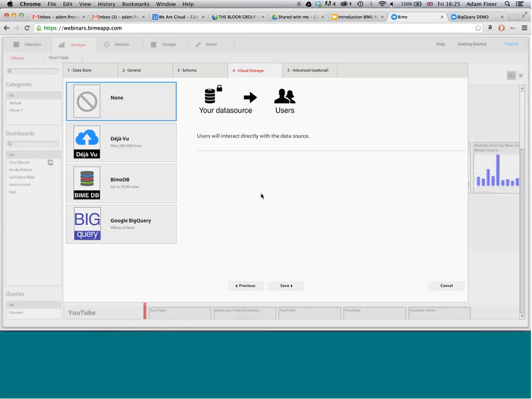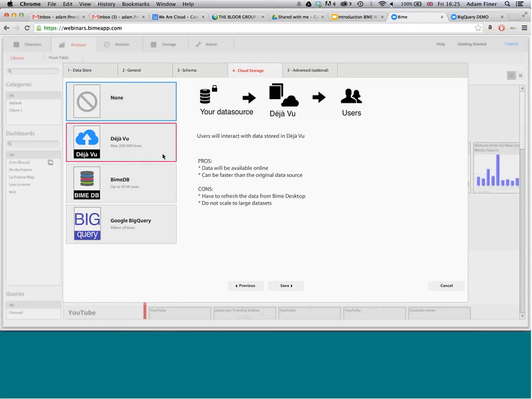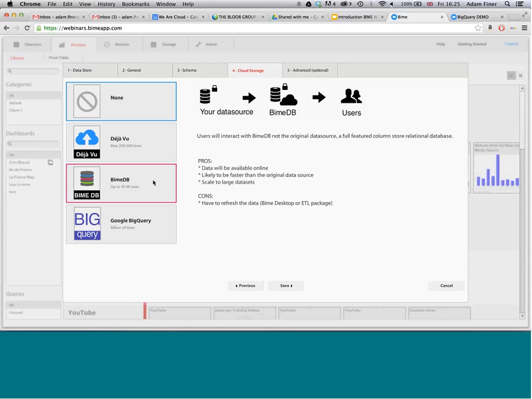If, however, we were working with an Excel spreadsheet based on my computer, for working with that online, I would need to take a snapshot of that data, in which case I'd need to use something like Deja Vu, which can store up to 200,000 rows per data set. Any bigger than that, if, for example, you were working with a production relational database and you didn't want BIME